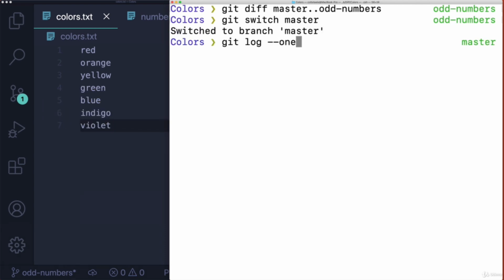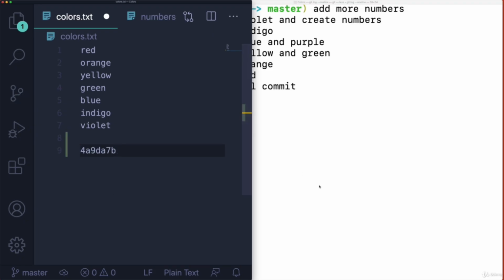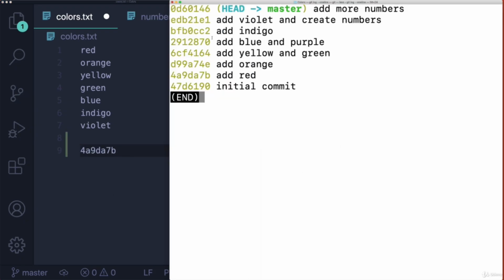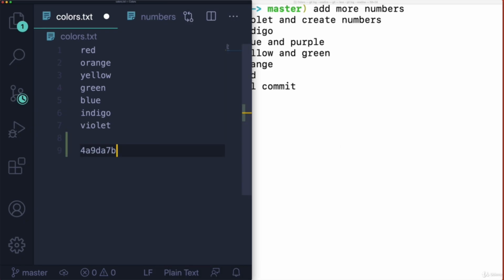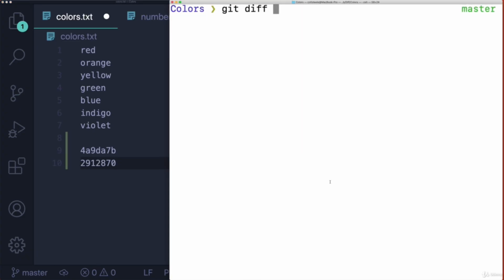git log, let's do one line. If I want to know what changed between, I don't know, add red, so that commit, and add blue and purple, sure. If I want to know what changed there, I need to start by copying one of these commit hashes. It's kind of annoying actually to keep track of both of them, so I'm just going to paste it in this file. And then the second one I wanted was this commit hash. All right, let's see what happened there. So git diff, and then the first one,